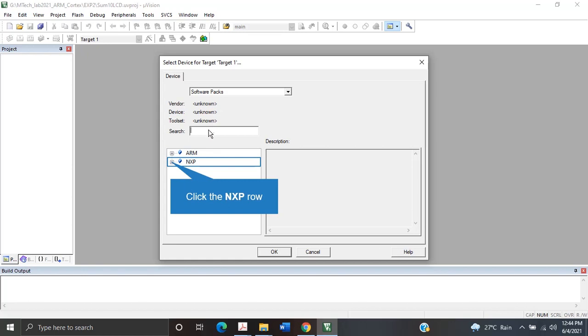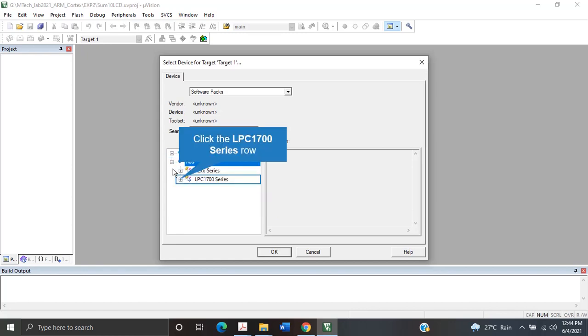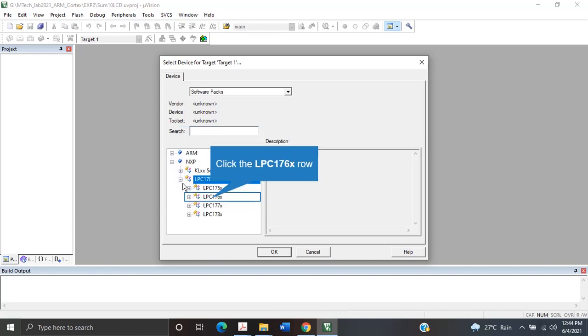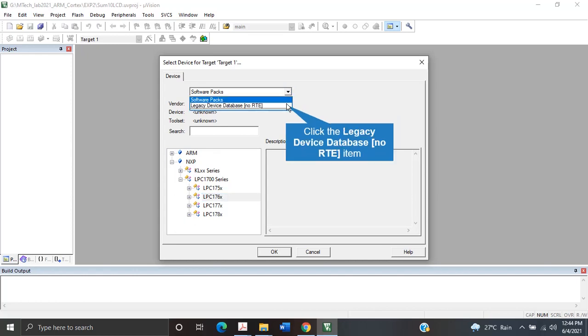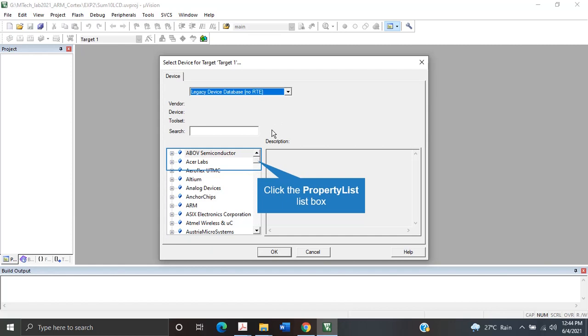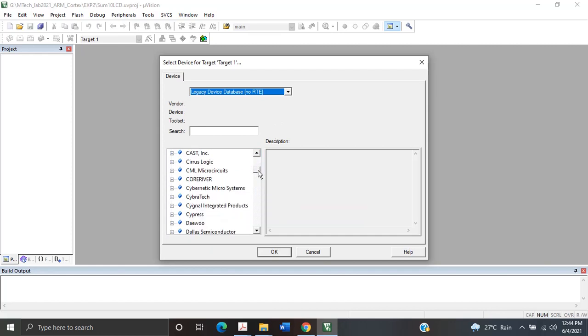It shows software packs, which include ARM and NXP. These are the series that are available. 1768 is the IC we are using. If I want to code for any other legacy device, like LPC 2148 devices, then I have to install the legacy package. Then NXP, or Philips, will include those LPC 2148 devices. Otherwise it is not directly available; there is one more package that you just have to add on. If you want to use 8051, you have to do the same thing.